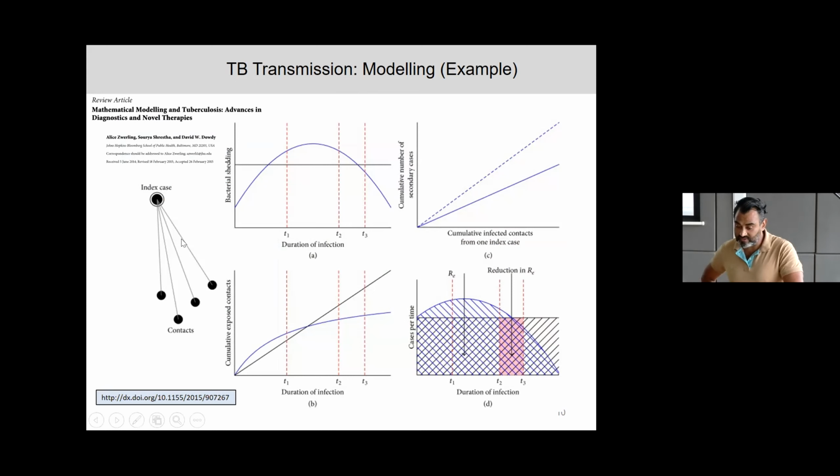contributors to transmission and infection resistance. So you imagine here's an index case, and in this case, the mathematical model says that the index case is in contact with 4 individuals, and how can you model the likelihood of transmission in that particular setting? And so there are these 4 factors. You can work out bacterial shedding. And so you look at bacterial shedding here in panel A, and over time,